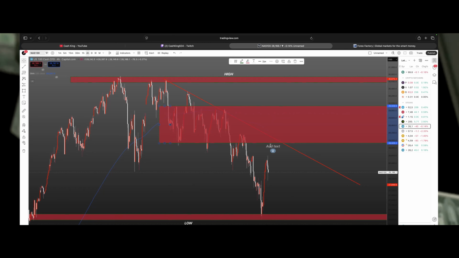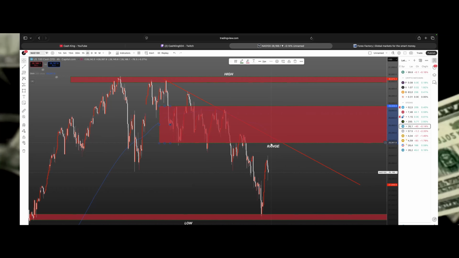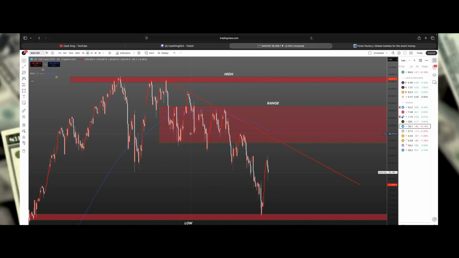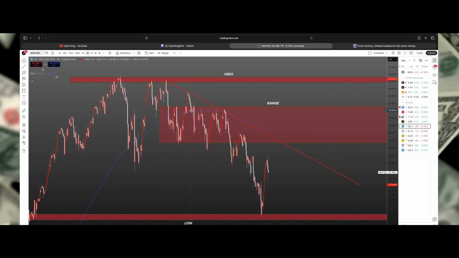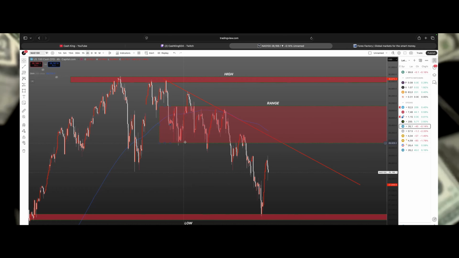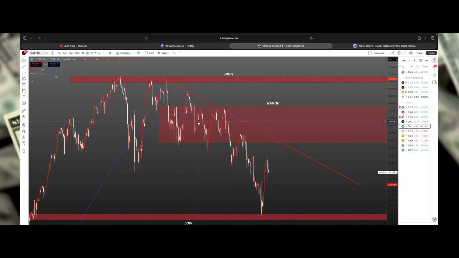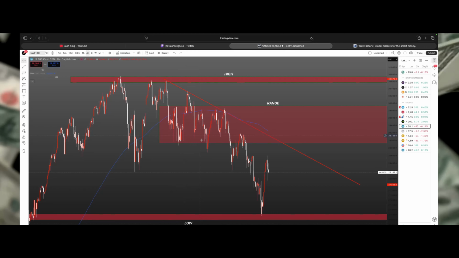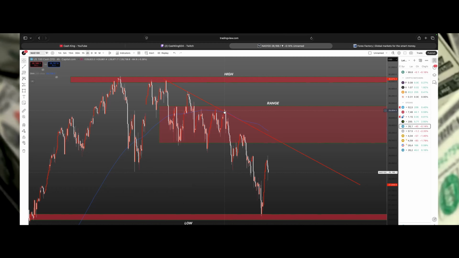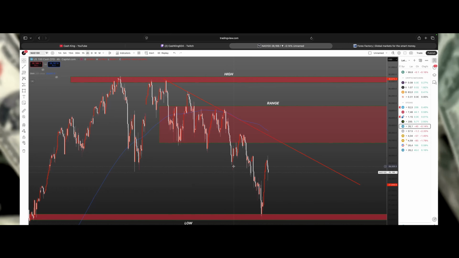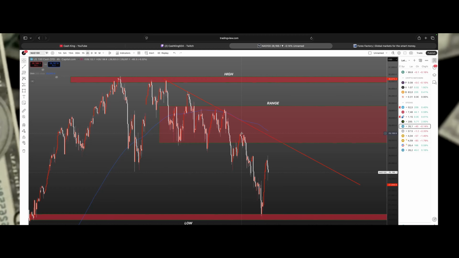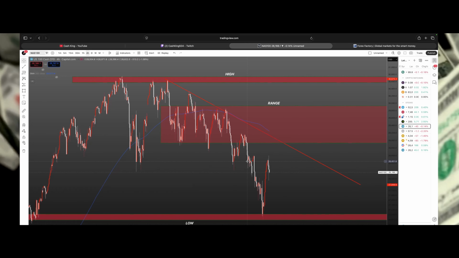I'm going to go ahead and put this as range. I'll put this at the top. Also, I'm going to make this a little darker. Okay, so at one point price was ranging, but also following this trend line as well. So that's two things that I can use for confluence, right? So price is ranging in this box, boom, boom, boom. And when price broke out of the box, it pulled right back into the box. And then that's when we got out of that range and we started dropping, correct?